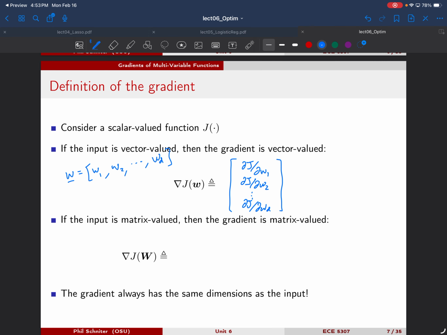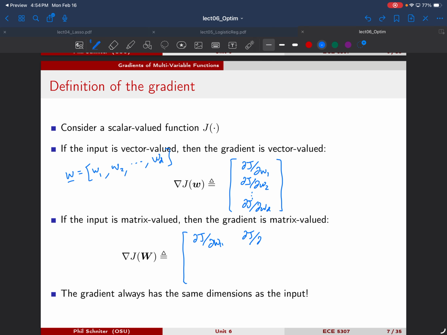Now, we have seen situations where the thing we're optimizing is actually a matrix. We saw this with multinomial logistic regression, or regression with multiple targets. We have a matrix we're optimizing where every column contains the prediction parameters for a given class or a given target. So in this case, the gradient is also a matrix, and once again it has partial derivatives. So it's going to be dJ/dw11,